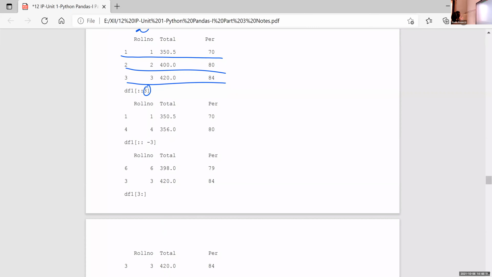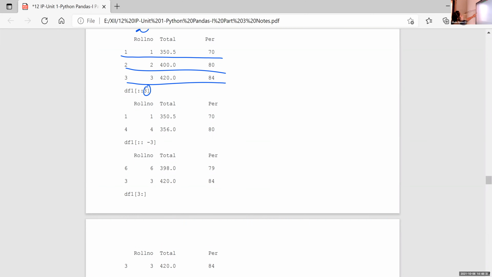So only 2 rows. ::-3 means the step value is -3, so we are starting from the last value, based on negative indexing. The last value is 6, so row 6 is displayed.